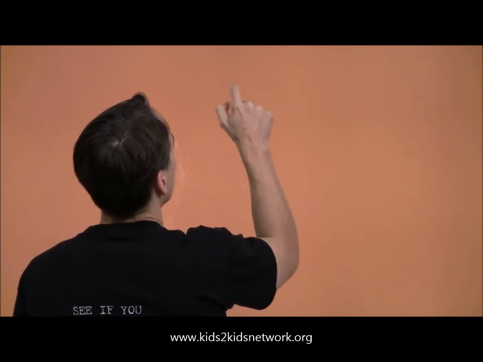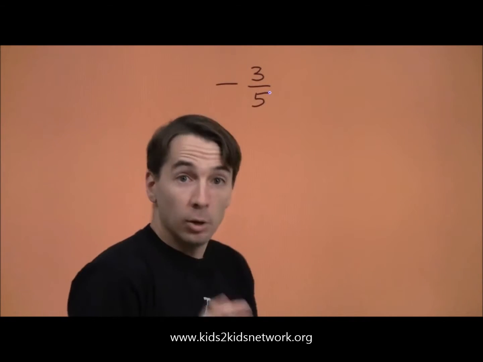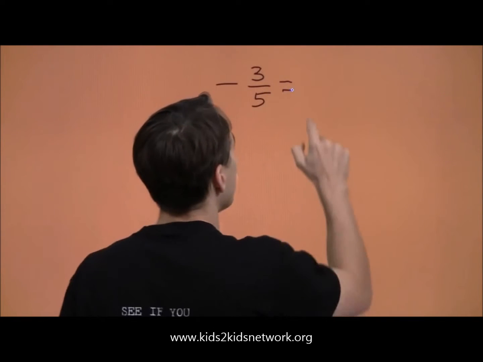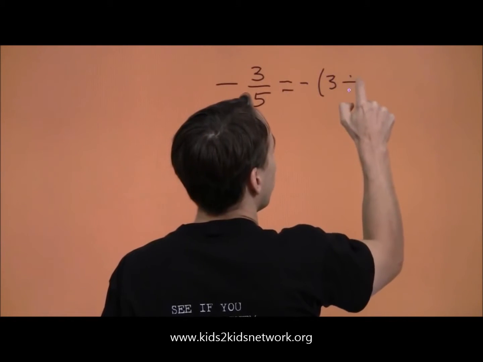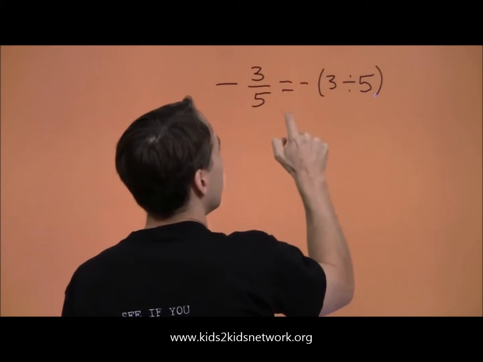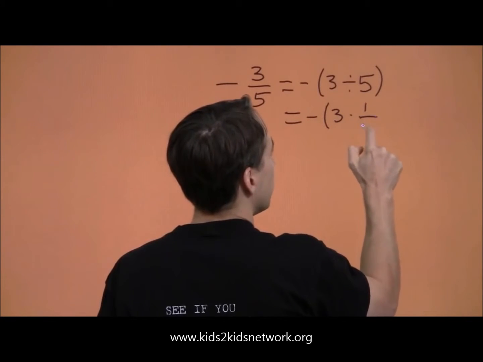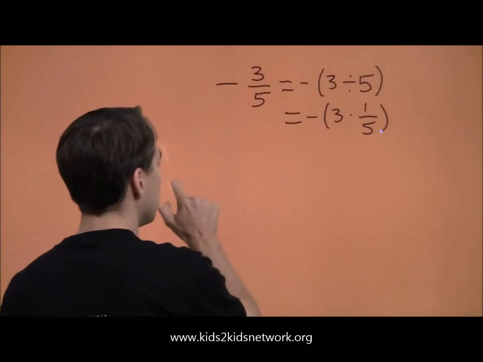Let's see. -3 over 5. Now we're doing a negative fraction. All right, and again, all this really means is -3 divided by 5. And using our definition of division, that's just -3 times the reciprocal of 5. All the negation means